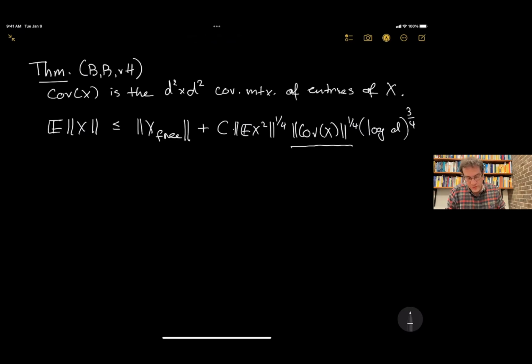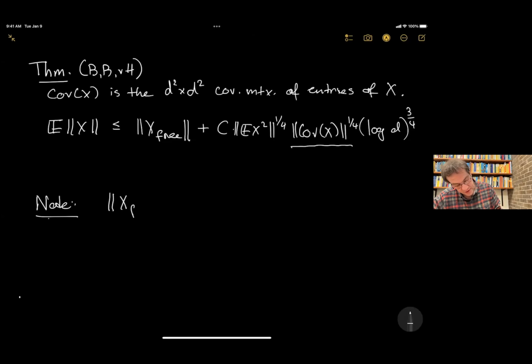And this new parameter is often much, much smaller than the size of the largest eigenvalue of X itself. Whenever that is true, this second term will become negligible, and it will show that the behavior of X itself is exactly like that of its Platonic ideal. So it's a little bit hard to see, right? Let me just observe that there is a basic inequality from free probability. We could do much better than this.